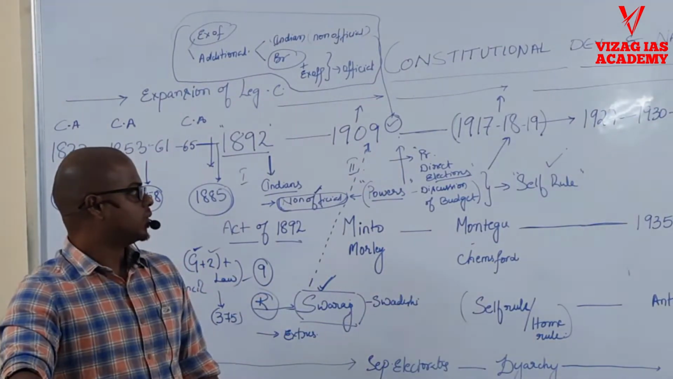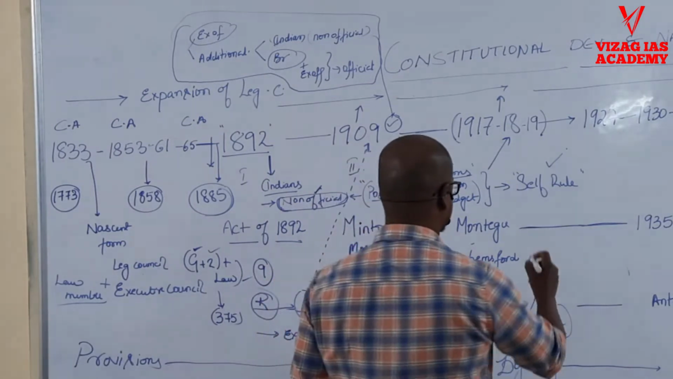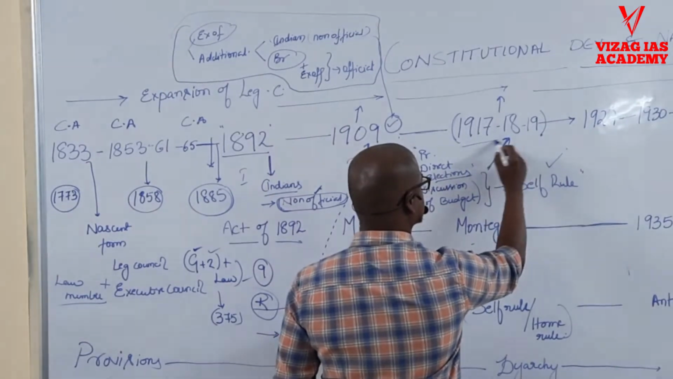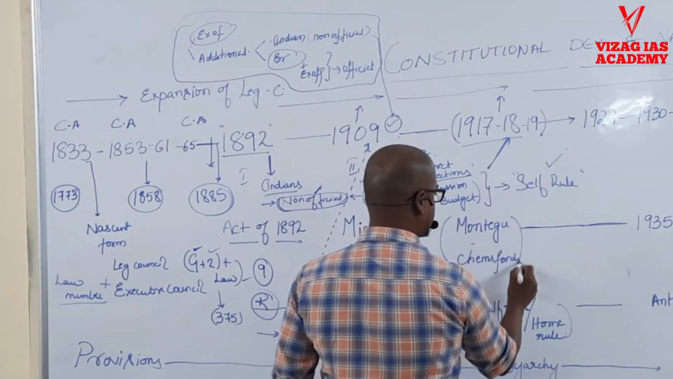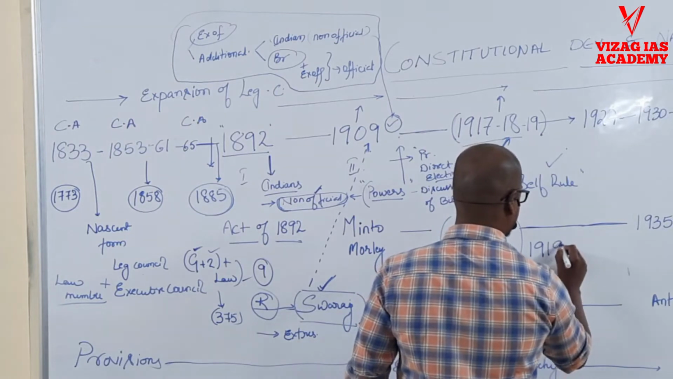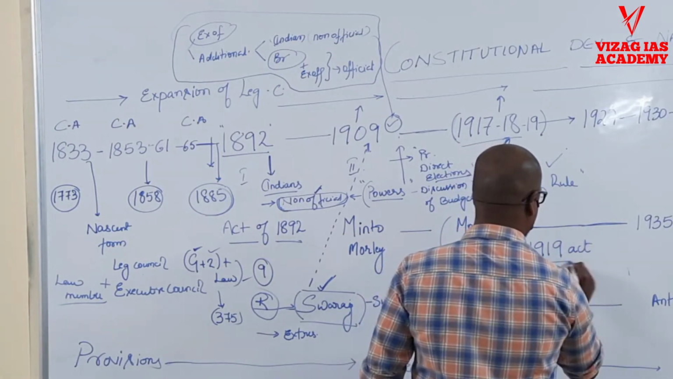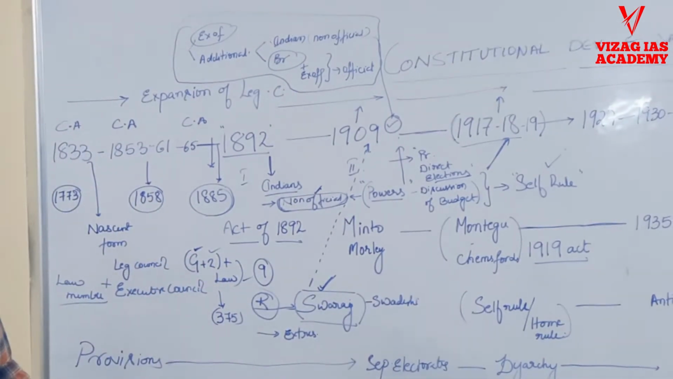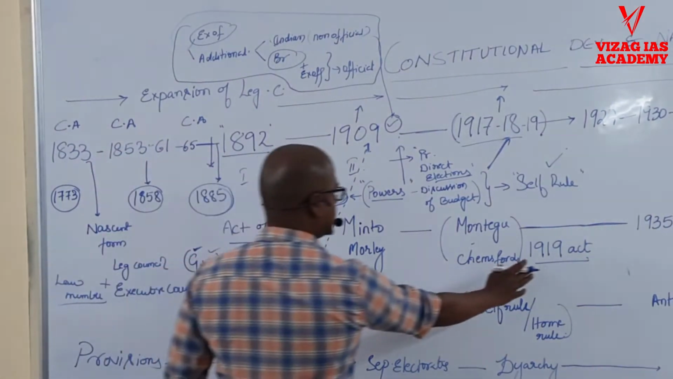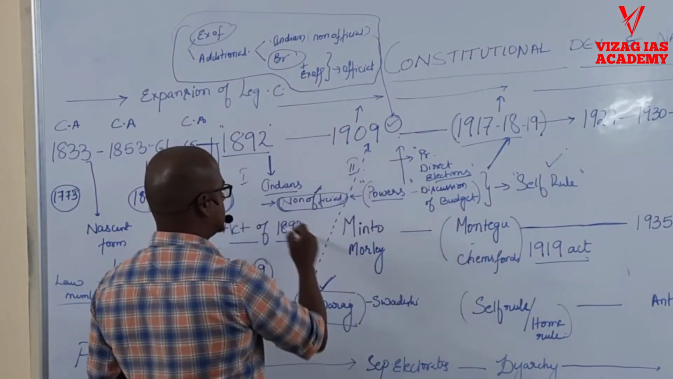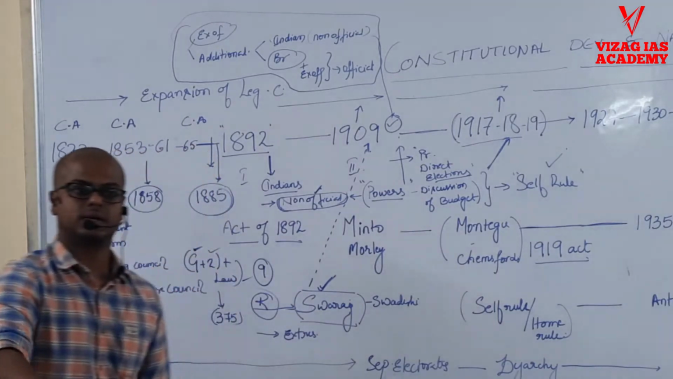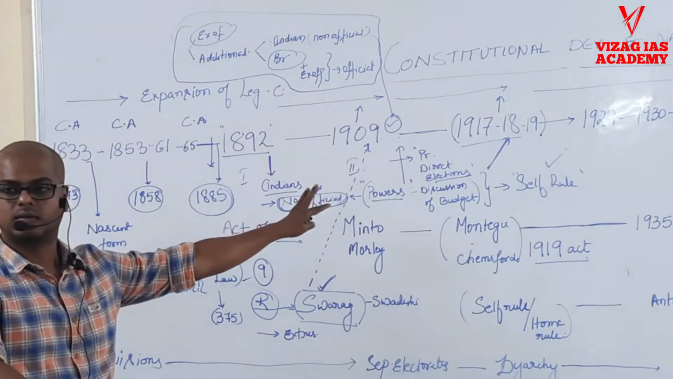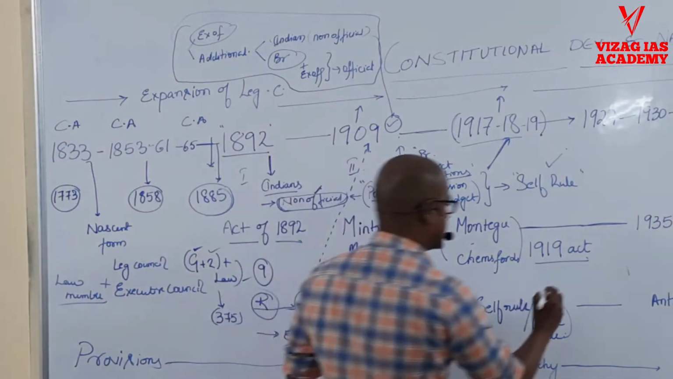So under the influence, under the pressure of the home rule movement, we get the Montagu-Chelmsford reforms, the 1919 Act. In this act also we will see these things. There will be an increase in the non-official membership, and also an increase in the powers, and the major thing that we look at here is